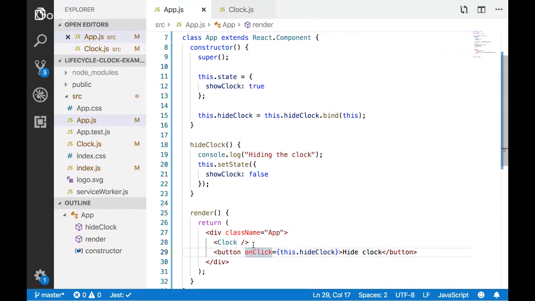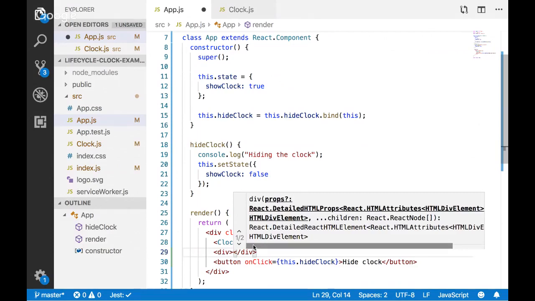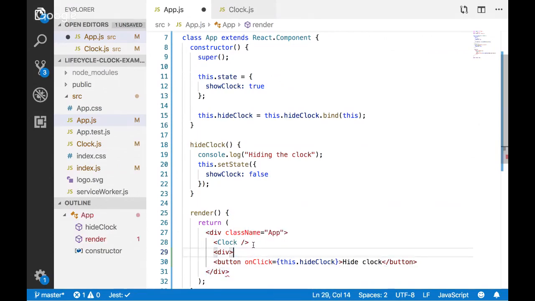For the sake of simplicity, and so this isn't on the same line, I'm going to go ahead and wrap this button in its own div just to put it on the next line as well, because buttons are inline elements by default. So I need to move that down, but what I'm not doing is deciding whether or not to render this clock.